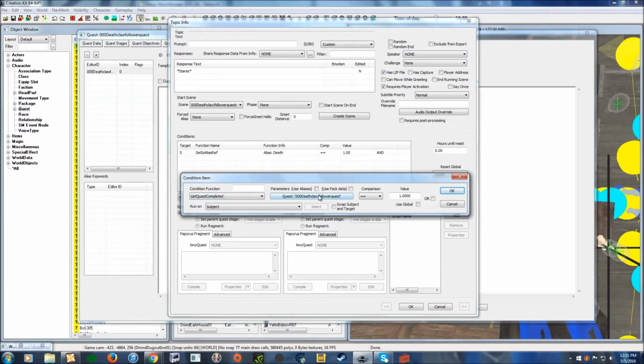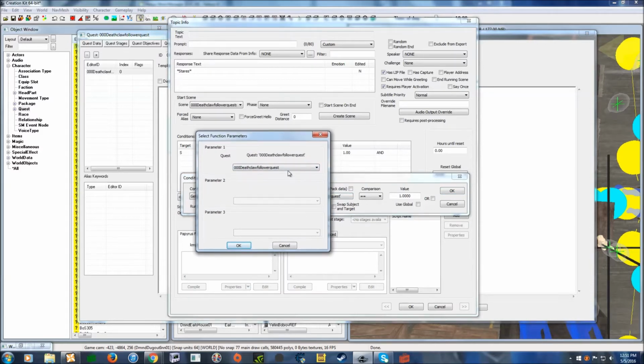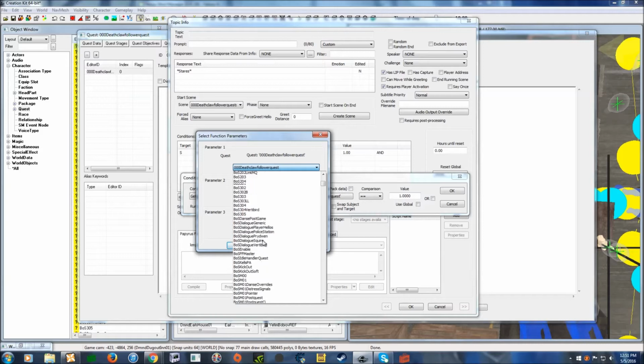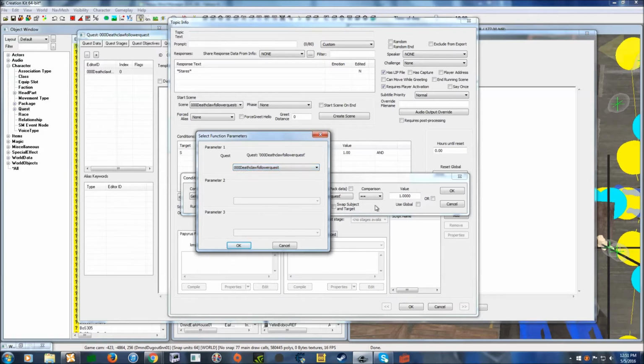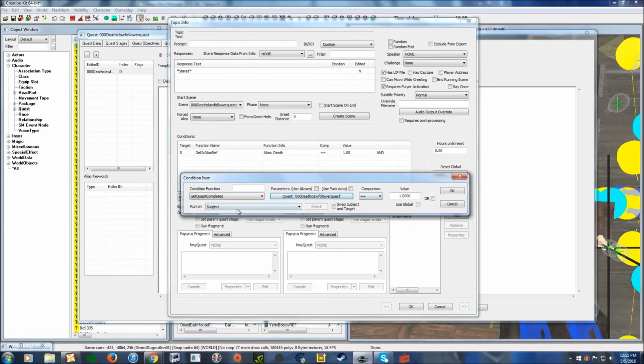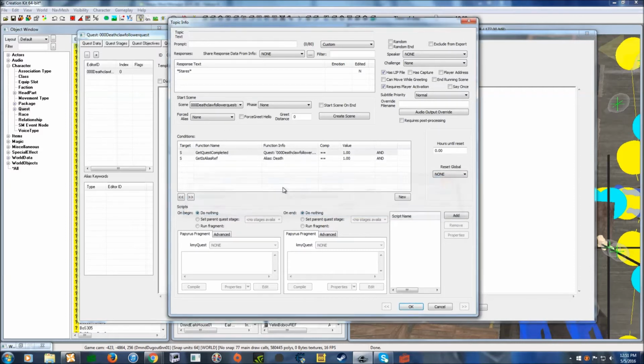There we go. And then change the quest to whichever quest that you want to be the requirement. Make sure it's equal to 1, and then run subject, and then press OK. I'm not going to have a recruitment quest, so I'm just going to delete that. And then we're going to press OK,